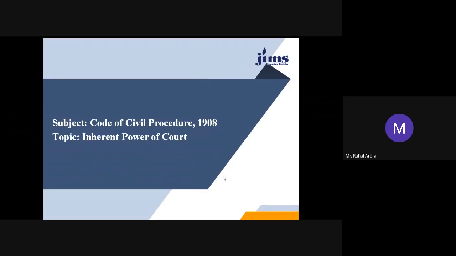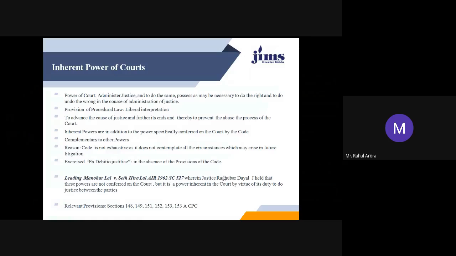As you all are aware, every court is constituted for the purpose of administering justice between the parties and therefore must be deemed to possess all such powers as may be necessary to do the right and to undo the wrong in the course of administration of justice. To this, I would like to mention that this power of administering justice can be conferred on